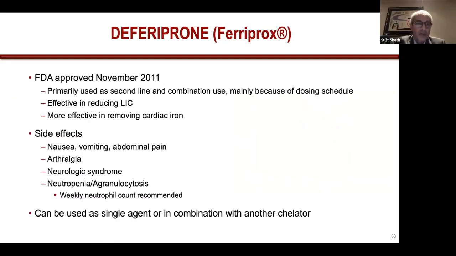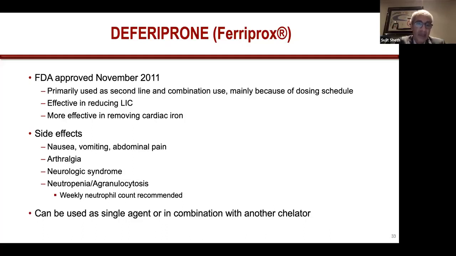Deferiprone, or Ferriprox, was approved by the FDA in November 2011, as I mentioned. It's primarily used right now as a second line and in combination, though with the new formulation of twice a day, it may be used more as a first-line drug as well. It is effective in reducing the liver iron concentration, but may be more effective than the other drugs in removing cardiac iron. It does have some side effects: nausea, vomiting, abdominal pain,